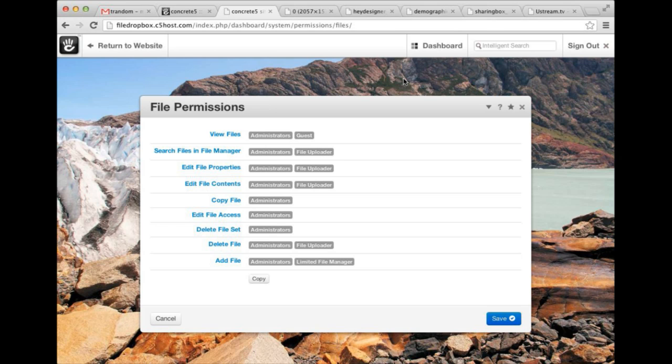And then if you were to use groups, if I wanted to make a group that was just marketing, and I want everyone who's in marketing to only see their own marketing assets, I would do that by making that group, adding them to the add file. And then would I still use file uploader, or would I put marketing in search files file manager? What you would probably want to do is, and this is a challenge, you would probably want to enable